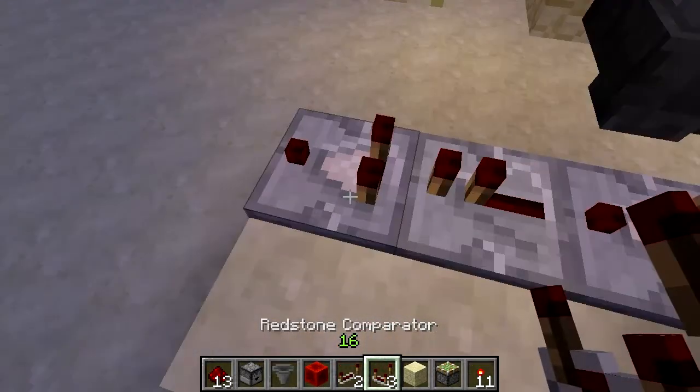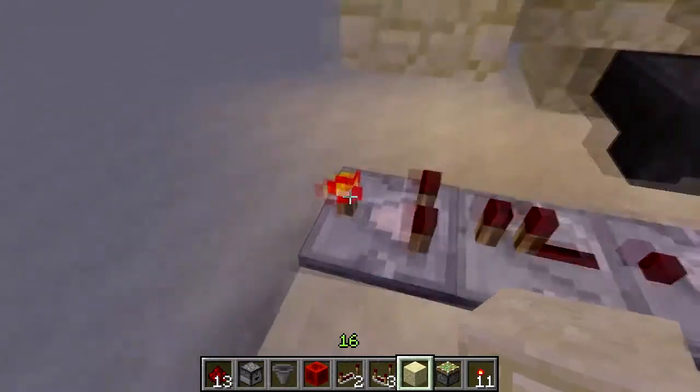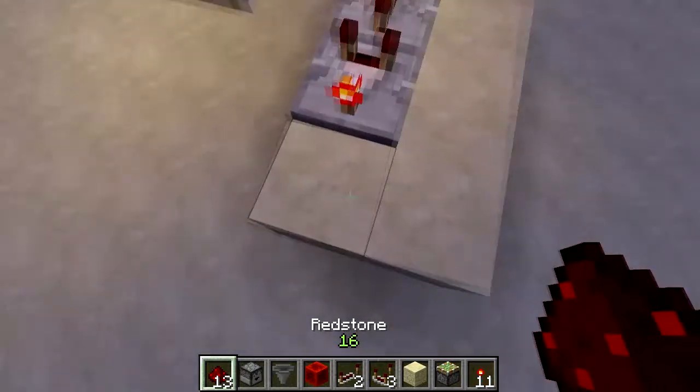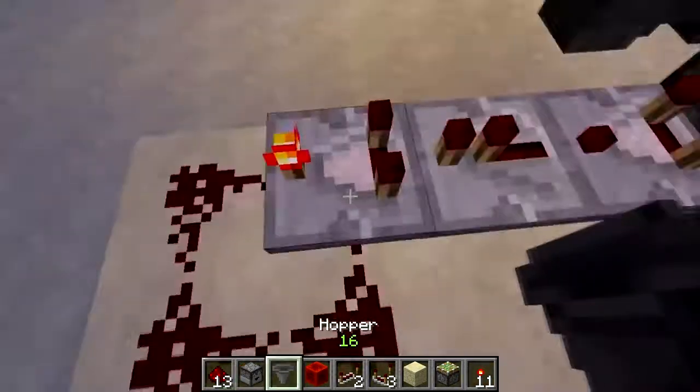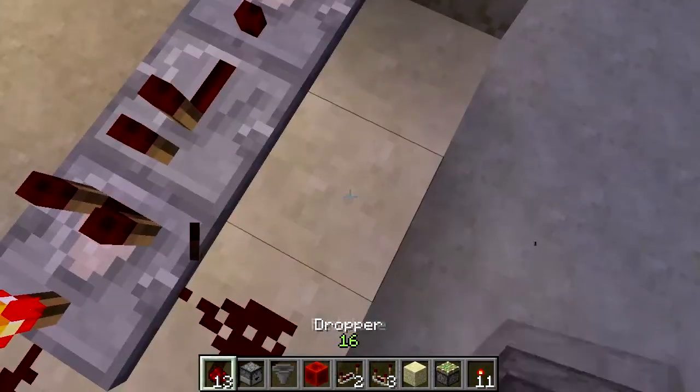into another comparator that's got this thing lit up here. Whatever that does, it changes the state of it, and loop it back into itself, and this will cause a clock, a really fast clock, and this clock will go